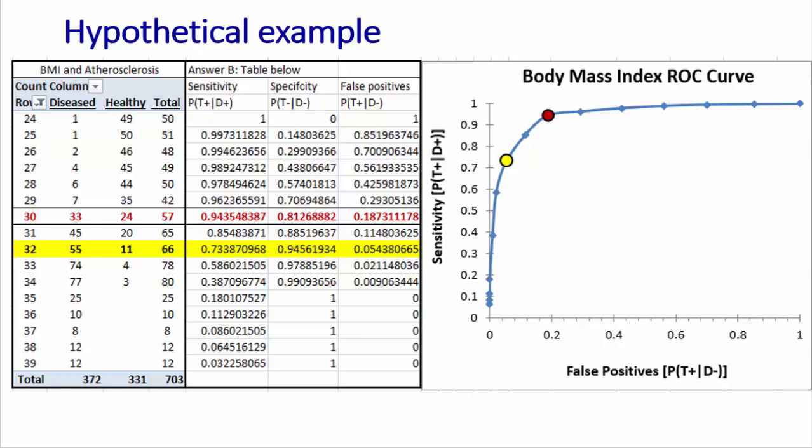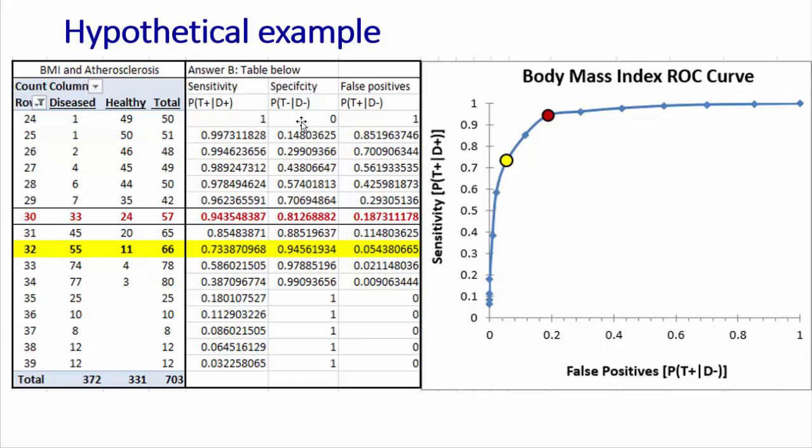In our calculations, we were looking at BMI, body mass index, versus whether or not a person has the arterial disease atherosclerosis. So for example, in this first column, we have a BMI of 24. With that, we found one person who had the disease, while 49 people did not have the disease. At our next BMI of 25, one had the disease and 50 did not. And so on and so forth, all the way down to our example of BMI of 39. From these values, you can then calculate